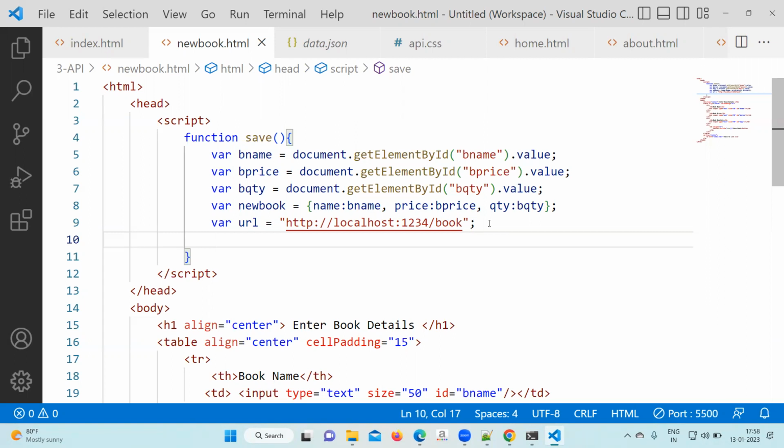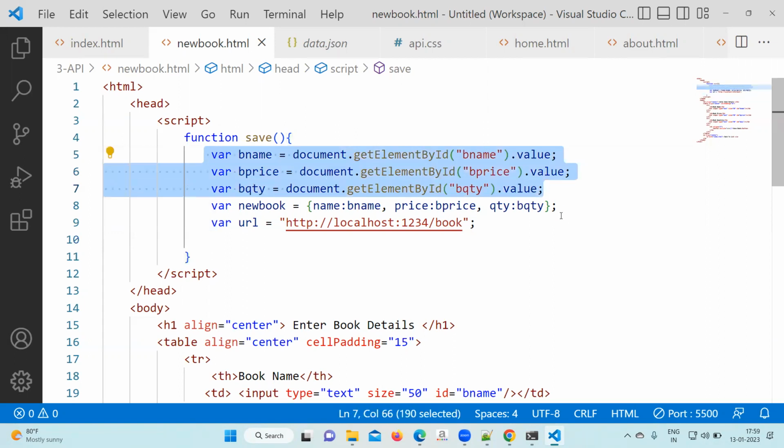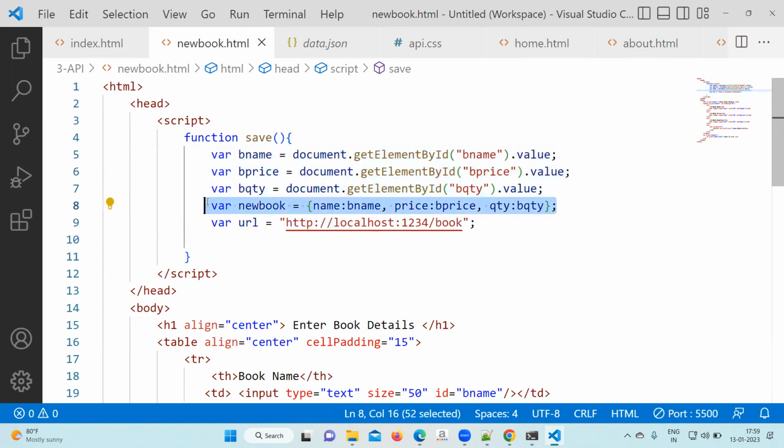Okay, still there done. After that, so data we collected from the form. After collecting the data, we created one array of object, not array of object, only one object. Now this data we have to convert into JSON. Okay, and you are going to post the data. So you have to inform to the server where you are going to post and what you are going to post. Okay, and then we need to hand over to fetch function. Fetch will take care. So right here, another variable post option